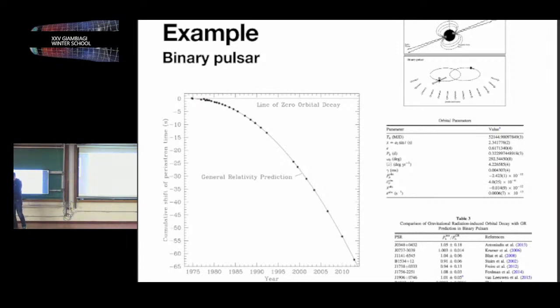Any other question? Yeah. In a binary system, you have other kinds of effects that produce orbital decay, right? For example, in the case of a binary pulsar, you have another mechanism that also produces an orbital decay. In this case, no, because they're so close, right? But yes, in other cases,